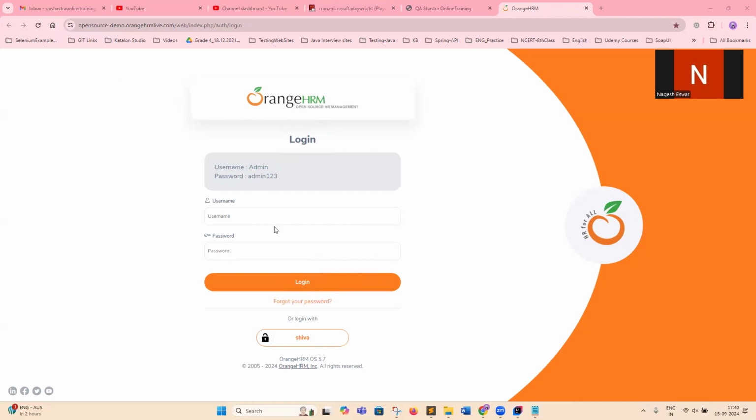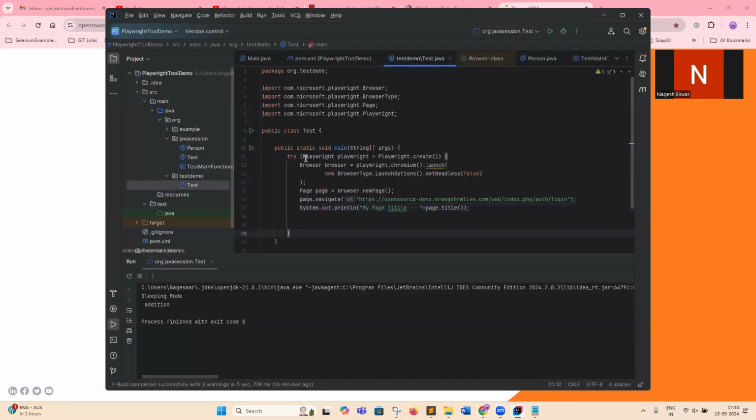Okay, let's automate. Till now we have loaded the page by using this. A Playwright instance is created and the browser instance is also created, and it is a Chromium browser. We are launching in headless mode, which means the browser instance will be loaded locally and open the page, and within the page we are navigating to this particular HRM login page. Then the next step is